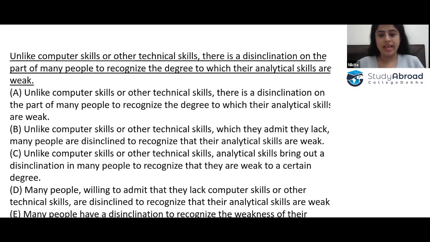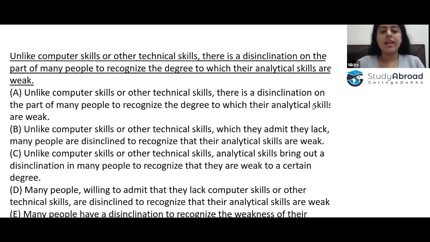Okay, let's have a look at this question now. I give you 2 to 3 minutes. You can pause the video and understand the question very well. I'm going to read it for you, and if you need to read it in silence, then you can pause the video and reread it. Okay, so what's the question?